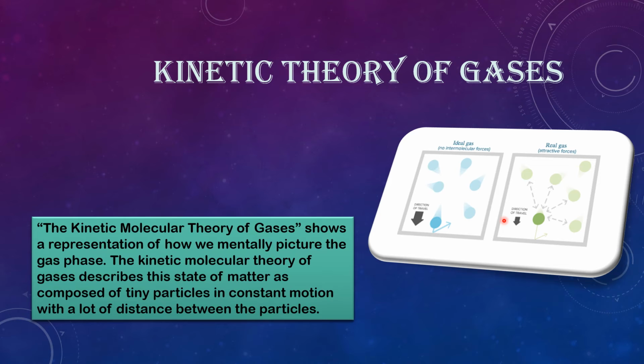Number 5, at relatively low pressure, the average distance between the molecules of gases is so large that the forces of attraction or repulsion between them may be neglected. And number 6, the average kinetic energy of the gas molecules in the system is directly proportional to the temperature of the gas. Actually, it is proportional to the absolute temperature of the gas. Hence, the absolute zero of temperature would be attained if the molecules were reduced to a state of rest.